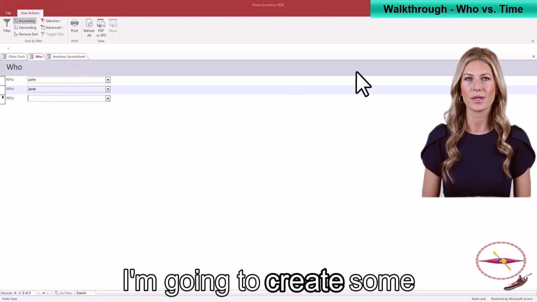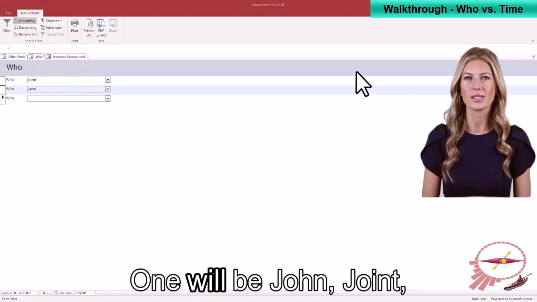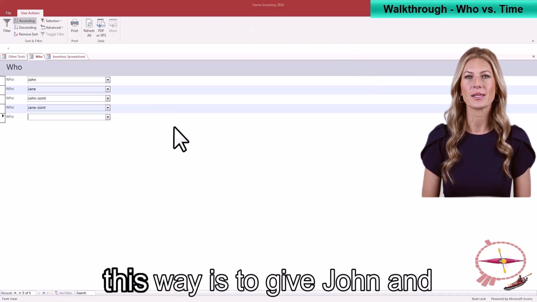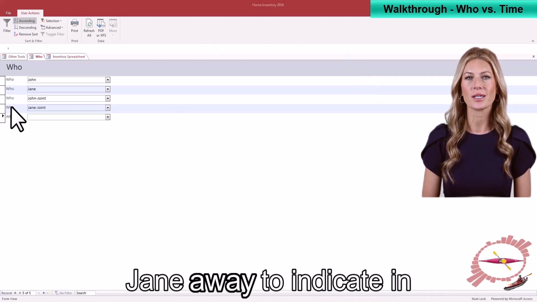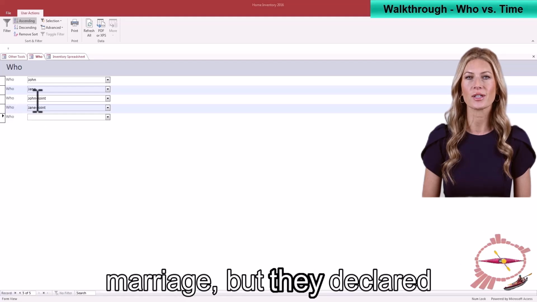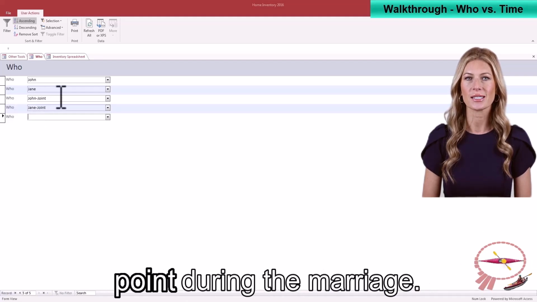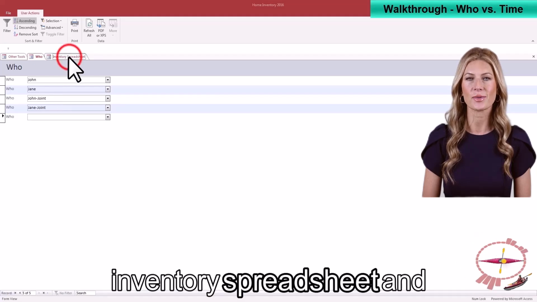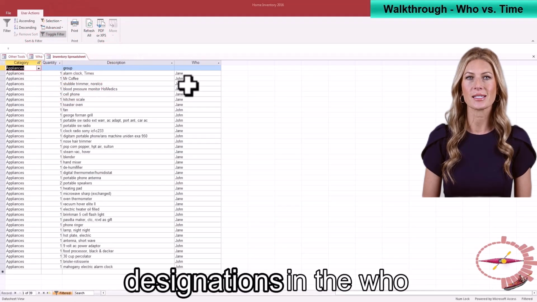I'm going to create some new beneficiary names. One will be John, joint, and enter key, and Jane, joint, enter key. The purpose of naming it this way is to give John and Jane a way to indicate in their inventory list that they brought an item into the marriage, but they declared the item to be joint at some point during the marriage. So we'll go back to the inventory spreadsheet, and we need to make those designations in the